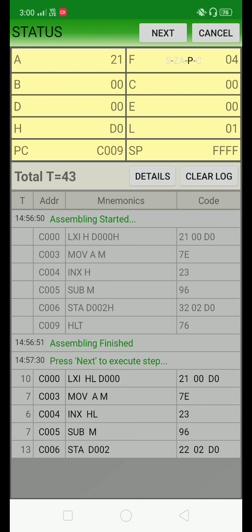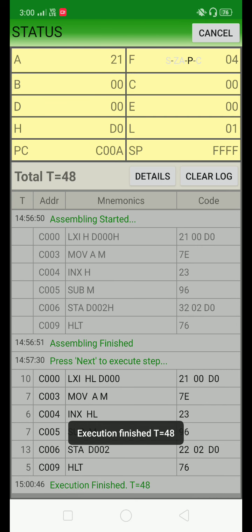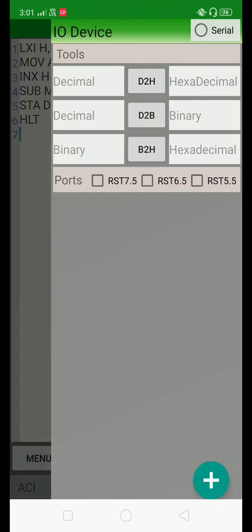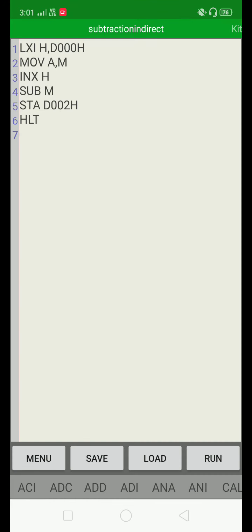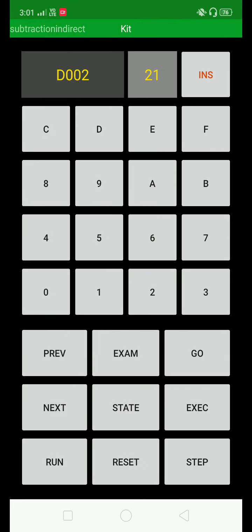And finally, at last, halt instruction. So the total number of T states required is 48 hex. T state means the clock cycles required to execute this program is 48 clock cycles. Okay. Now the result we are getting here in accumulator. So suppose if you want to check the result in memory, once again go in kit mode, and by using next and previous buttons we can check here.